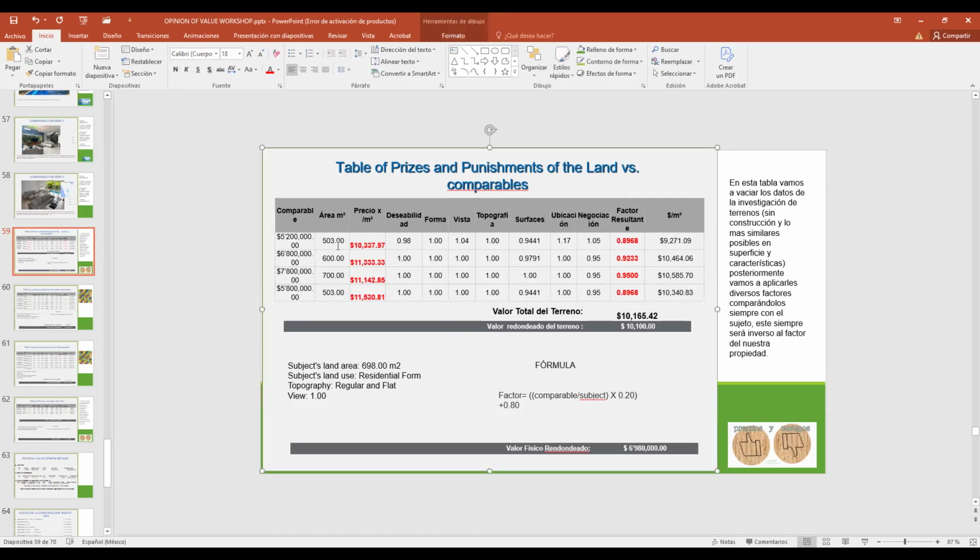What is the surface of the comparable? 503 square meters. And the subject, 698 square meters. First we do the multiplications and the divisions. So let's do this division: 503 over 698.